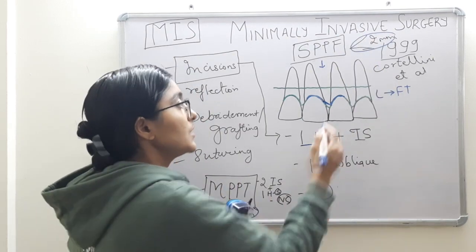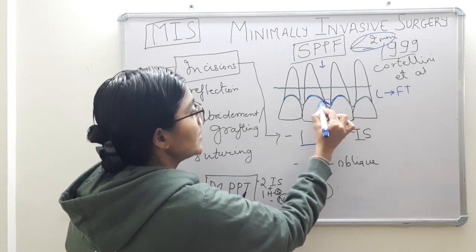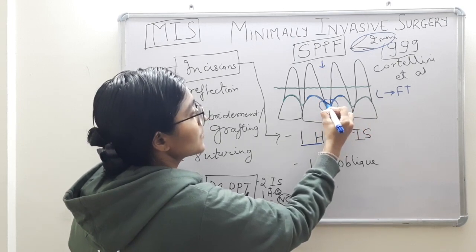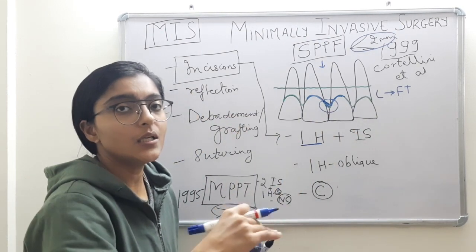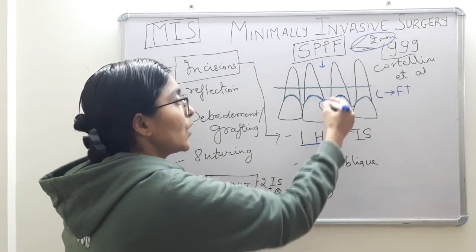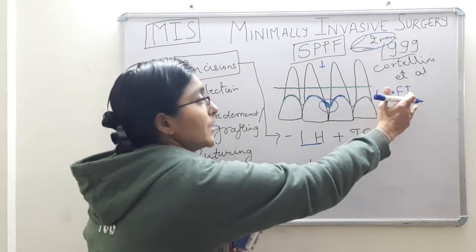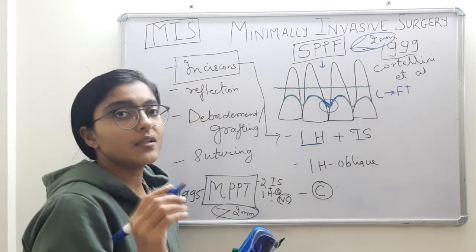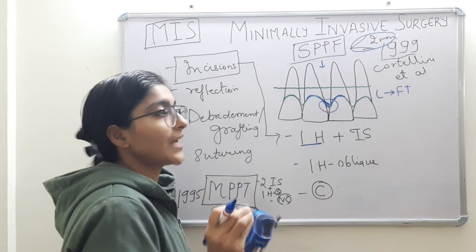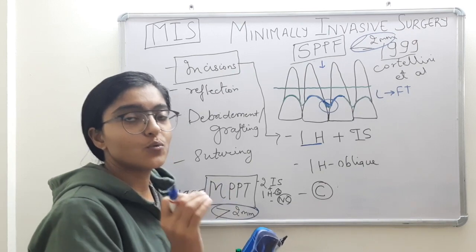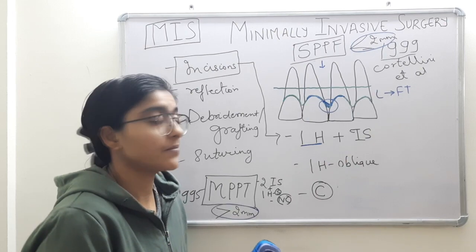Clear? After reflecting this flap, you can appreciate this portion of the interdental papilla which is going to be included in the palatal flap. Clear? Now we have to reflect this papilla. Again, remember, although it is going to be a full thickness reflection, a mucoperiosteal flap elevator isn't used. We don't want to cause unnecessary trauma to this tiny tissue. Why tiny tissue? First of all, the interdental papilla is a tiny tissue. You have to accept it.